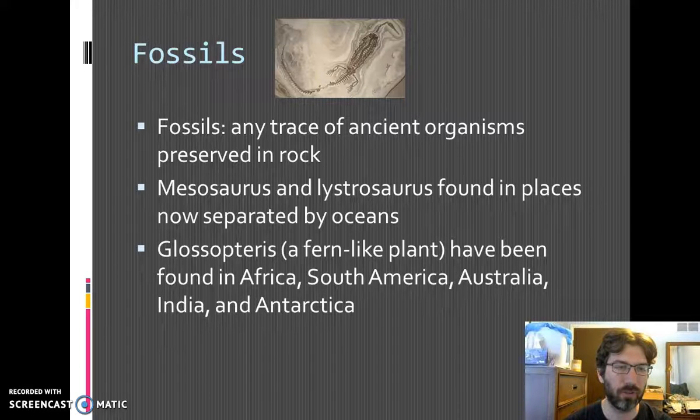Another fossil he looked at, because fossils are just ancient organisms, so why can't we look at plants as well, is the Glossopteris. The pronunciation key is in the book. It is pretty much a fern-like plant, and it has been found on a lot of the continents, even though these fern-like plants reproduce through spores, which is a very weak way of traveling. They can't make it across the oceans to reach the different continents as they are today. But if the continents were all together, that would be a pretty simple task for them.